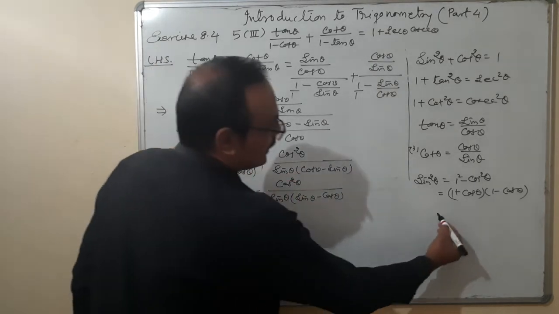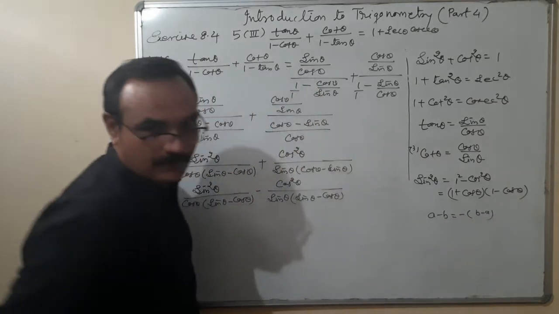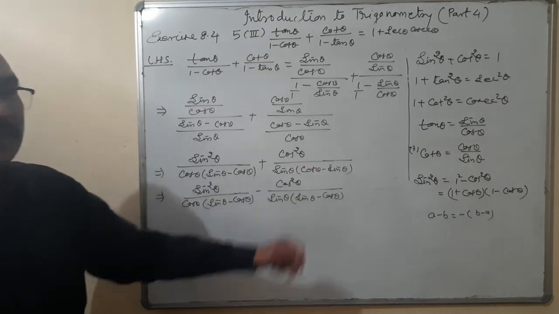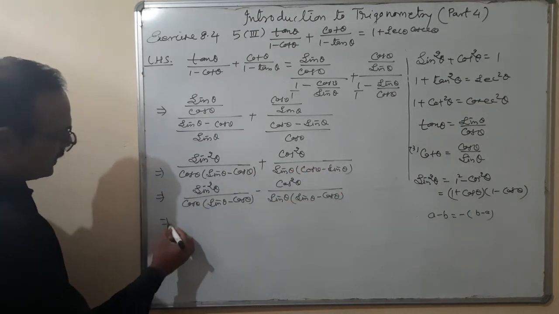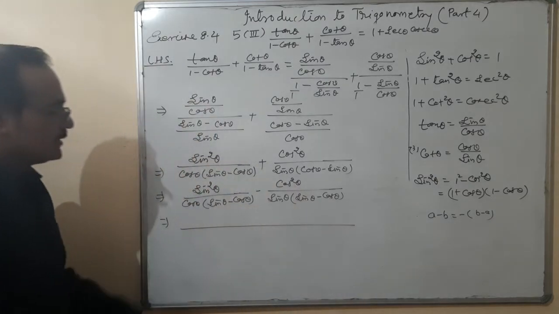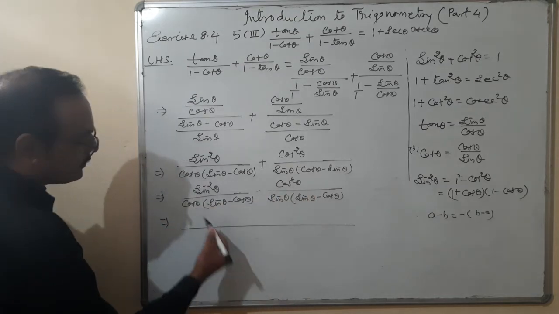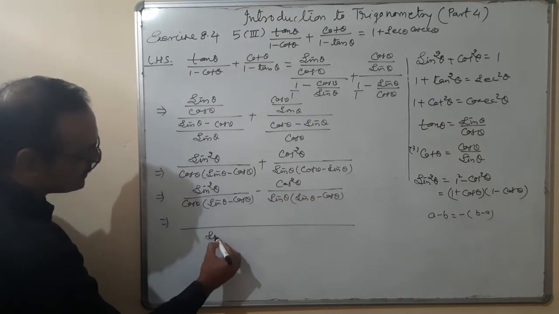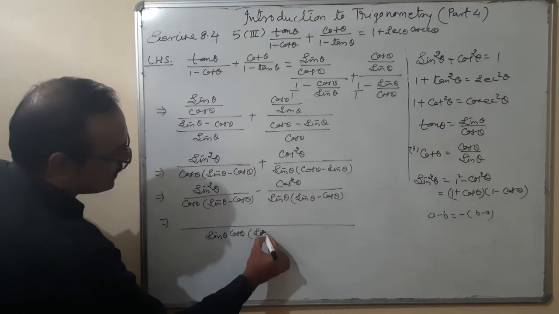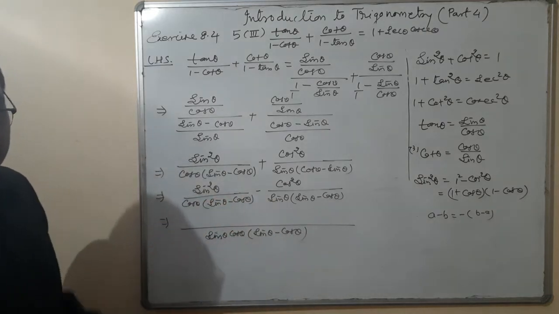Because I'll take minus sign common. If we have a term a minus b and I take minus common, then it becomes b minus a. Same thing I have done here, taking minus common. Cos minus sin becomes sin theta minus cos theta. Why have we done so? So that the LCM of these denominators is easy. See, one term is common, sin theta minus cos theta, and then sin theta and cos theta. So the total LCM of this is sin theta cos theta and sin theta minus cos theta. This is the LCM in the denominator term.